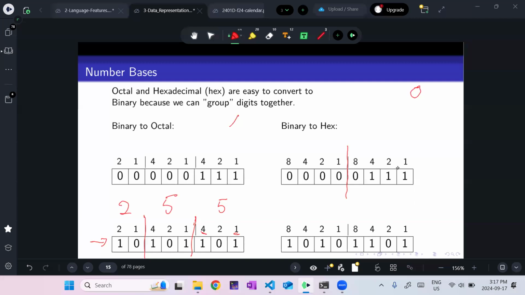15. Yeah, 0 through 15. And then it's 16 digits total, right? Starting with 0, counting up to 15, I have 16 digits total. In hexadecimal, 0 through 15 is 0 through F, and I can represent all the numbers in between. So with 4 binary digits, I have a number from 0 to 15,